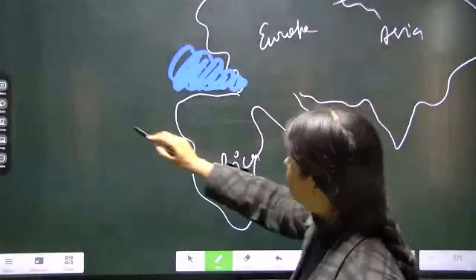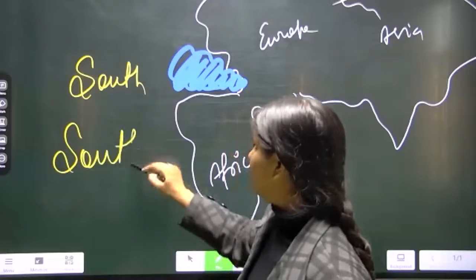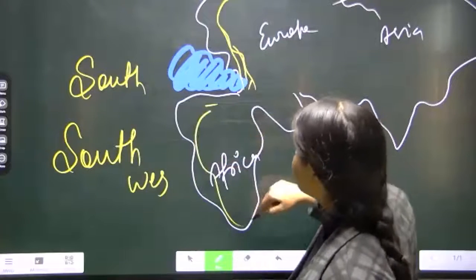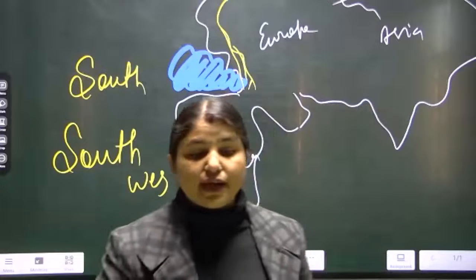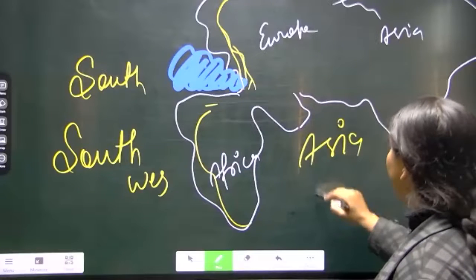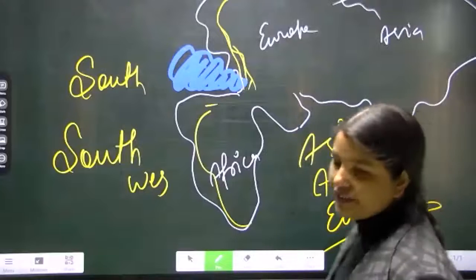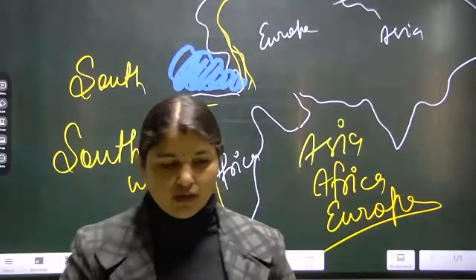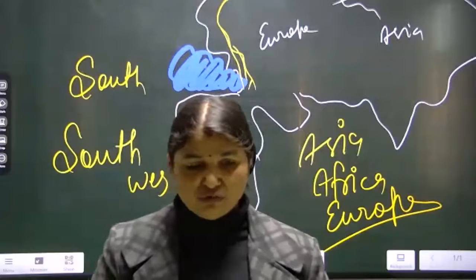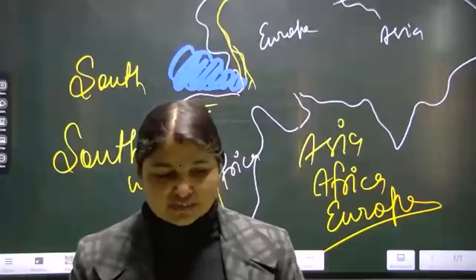The south and southwest part. That is, this southern part, southwestern part and all, these are the places which are located nearby the Mediterranean Sea of Asia, Africa and Europe. Here these Mediterranean vegetations are found. Okay, so I hope now the location of the Mediterranean Sea and the areas in which we find these vegetations is clear to you all? Yes or no? Show me your thumbs up if it is clear to you all now.